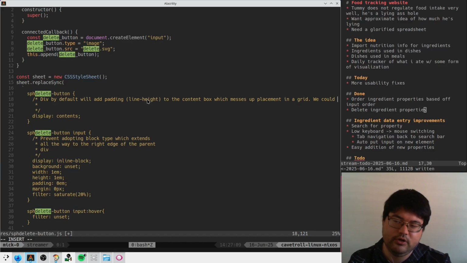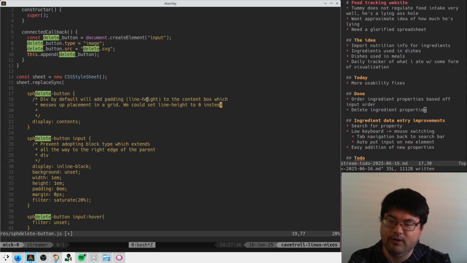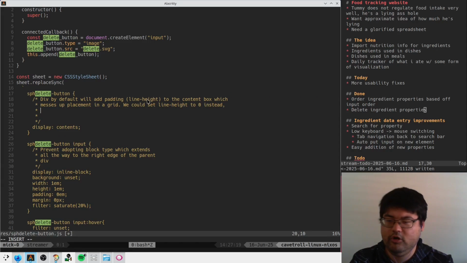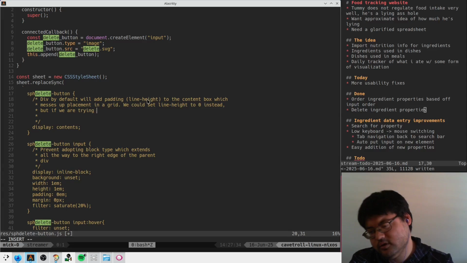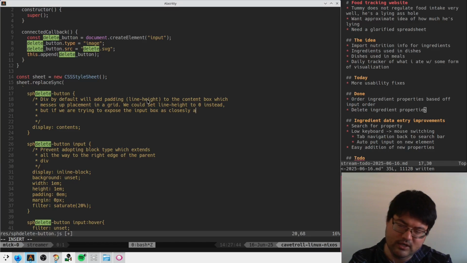We could set line height to 0 instead. But if we are trying to expose the input box as closely as possible,